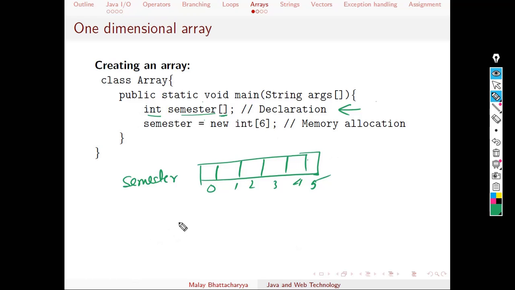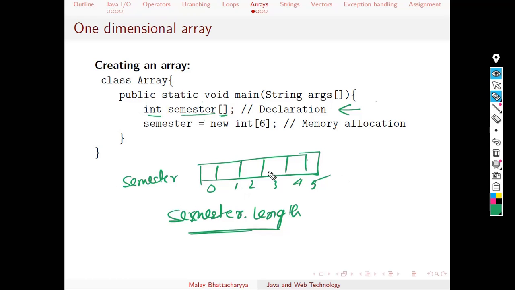Just use this statement, semester dot length. Mind that, don't include this, only semester dot length. So that will give you the length of this particular semester array. Okay,